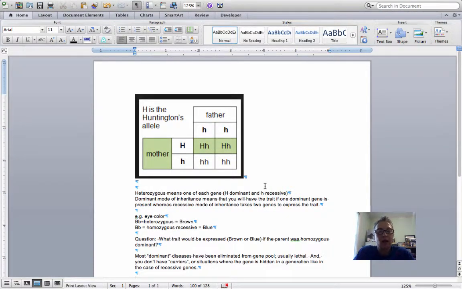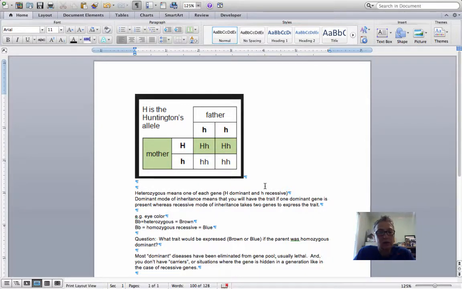Hi everyone. I wanted to take a minute to explain the genetics behind Huntington's disease. Some of you struggled with this on your homework assignment, so I thought I should hit it a little bit harder. And it's really not that hard to understand, but I do find, for whatever reason, all students, biology students,